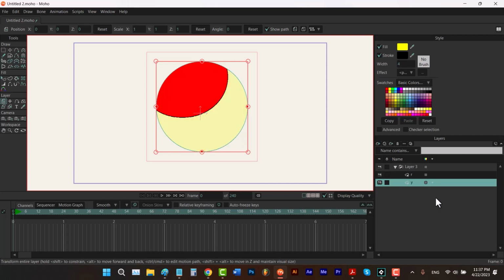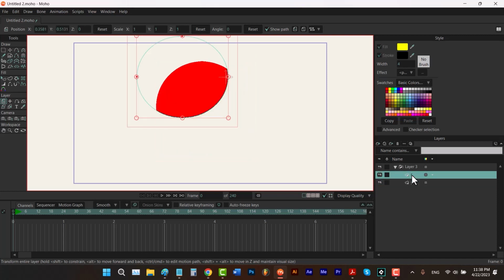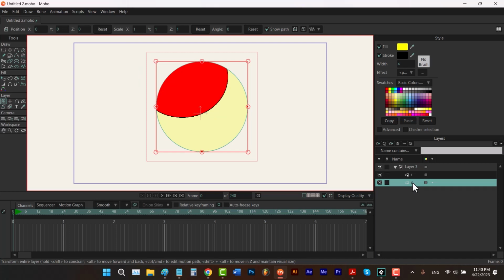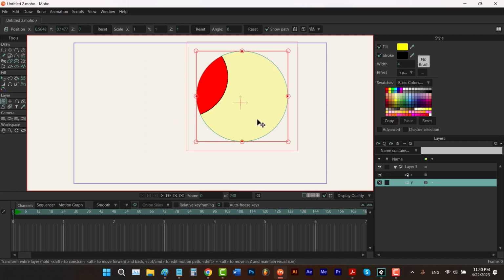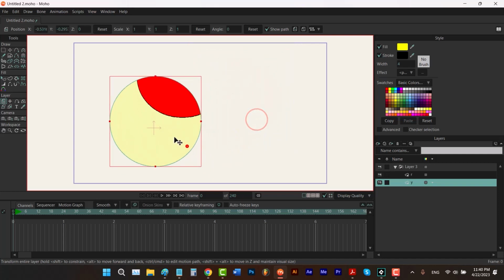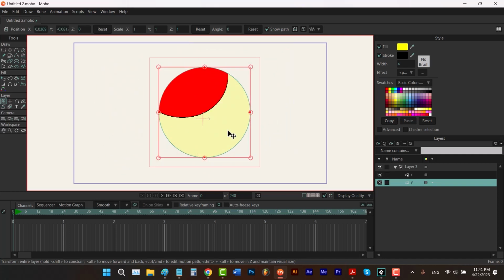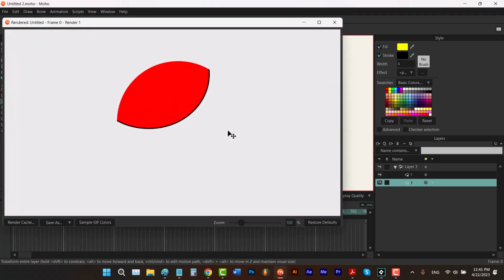We still can see a transparent yellow circle here, but Moho is just showing it to us for our own understanding. If we select the other layer, you can see that the yellow shape is invisible, while the shapes in the yellow layer are trying to only show the parts of the shapes that are inside them. They are invisible themselves. So now by moving this yellow circle, we can only see the part of the red that is inside the yellow circle. And if I hit Ctrl R, the result would be something like this.